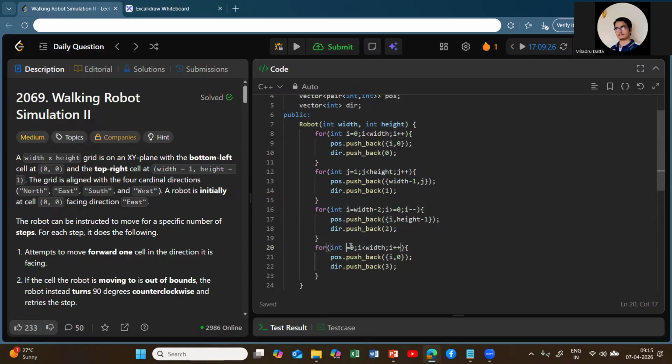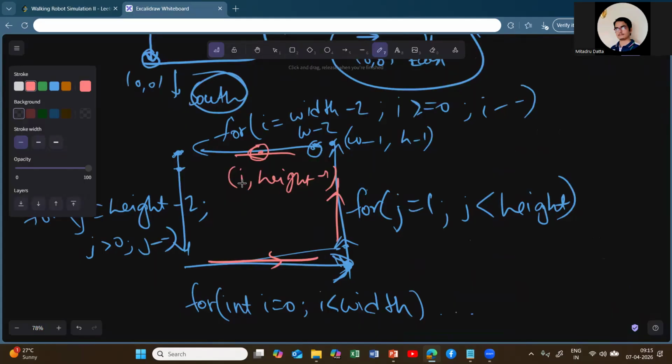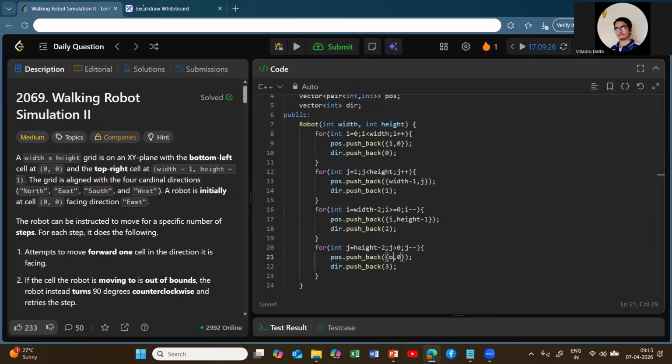So for that, we will have the iterating variable, which is starting from what? Height minus 2. Okay. J will be greater than 0 and j minus minus. Okay. What will the value look like? This time you see again, this x coordinate will be 0. So 0 comma j is what we need to push. So yeah, we just simply put 0 comma j, and this direction again, without seeing only you can understand this